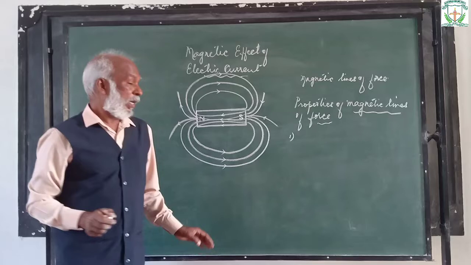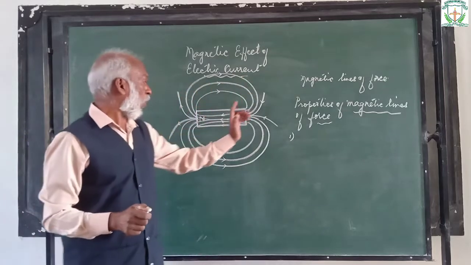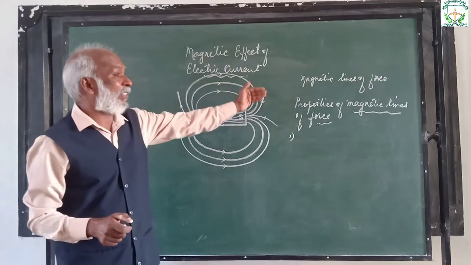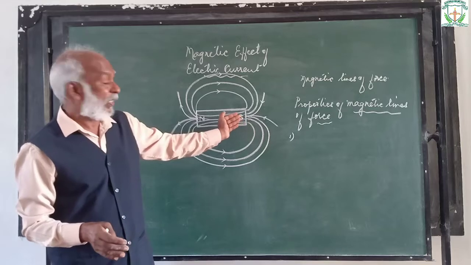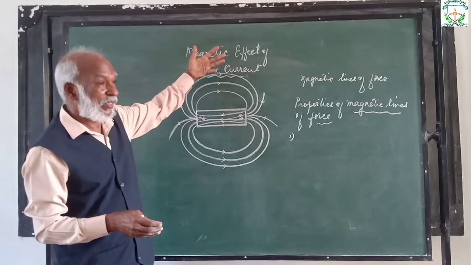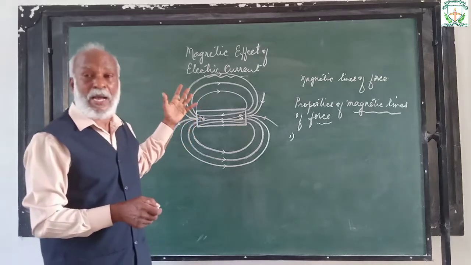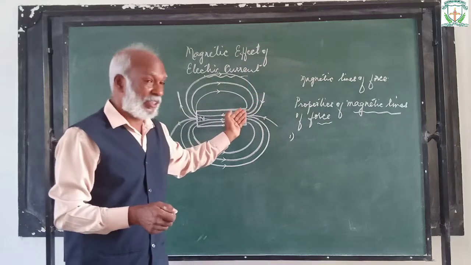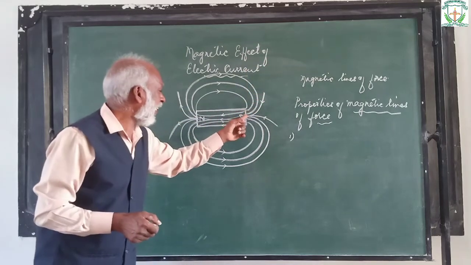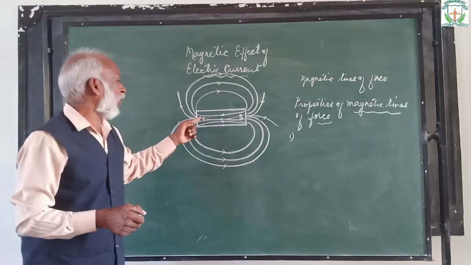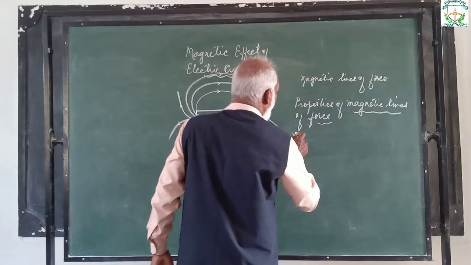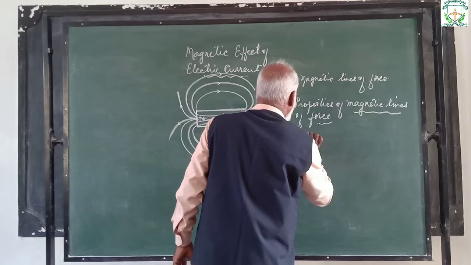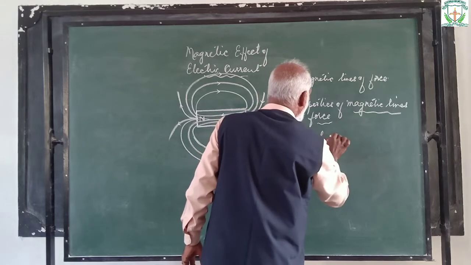First one, magnetic lines of force are closed loops apparently emerging from north pole and merging at south pole externally. Appears as if the magnetic lines of force emerge from north pole and merge at south pole, and internally from this south pole to north pole. So, first one, magnetic lines of force are closed loops